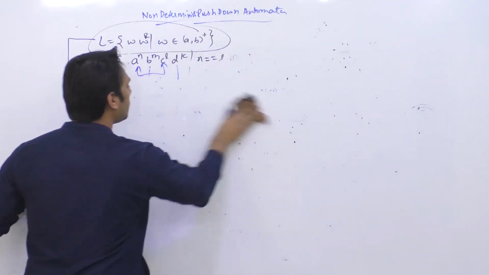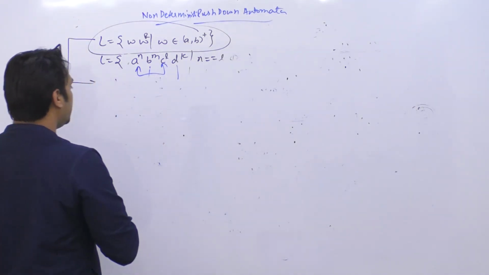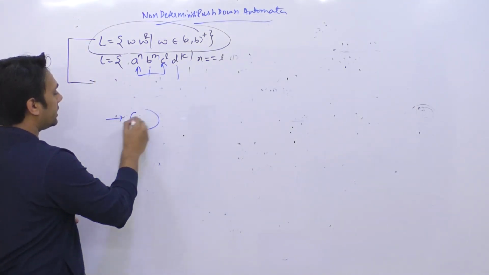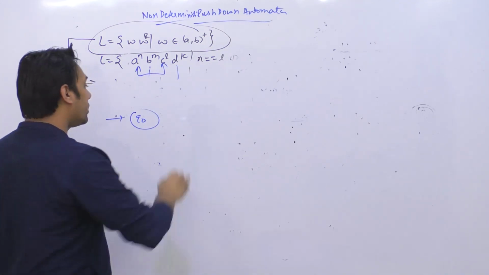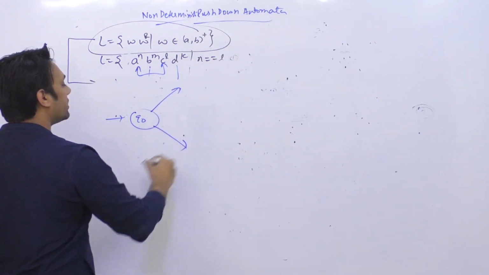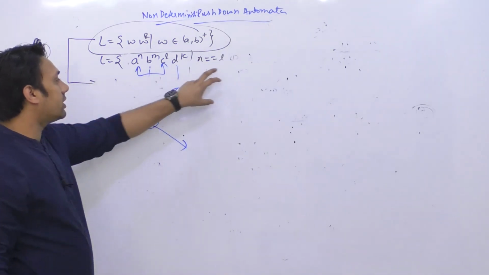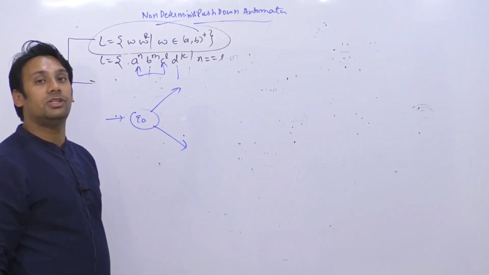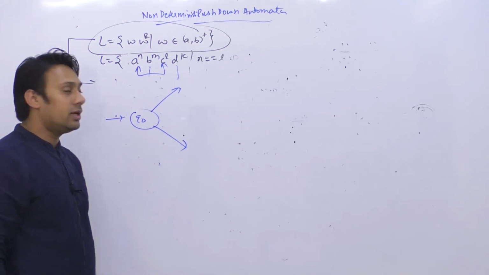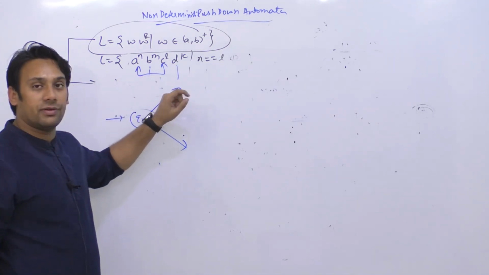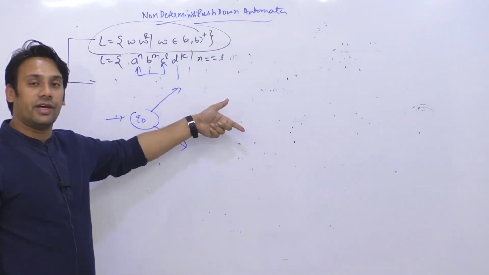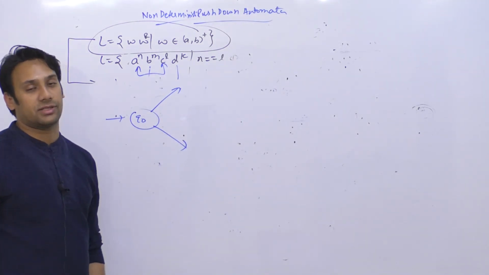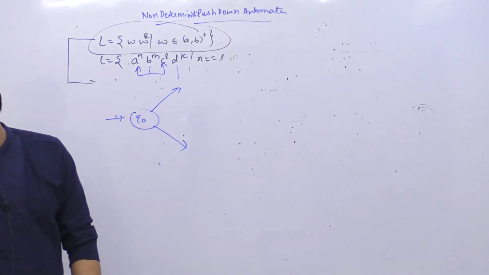You can take a state Q0, and then you can make two transitions here, the first transition and the second transition. In the first transition you can assume that A should be equal to C. In the second transition you can assume that B should be equal to D. And whenever you give a string, if in any one of these two cases we reach a final state, then we say the string is accepted, otherwise the string is not accepted. Clear?